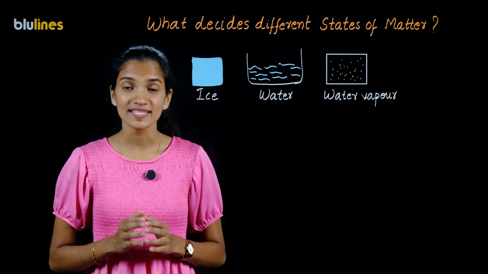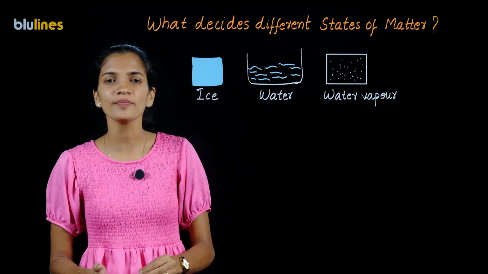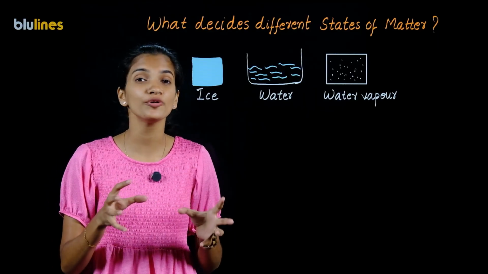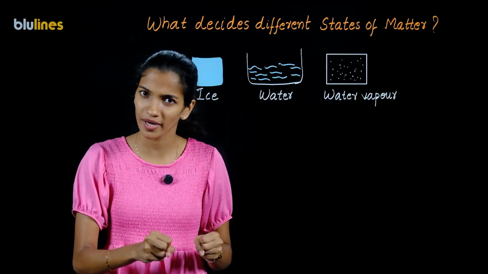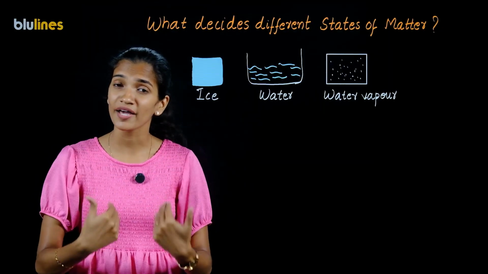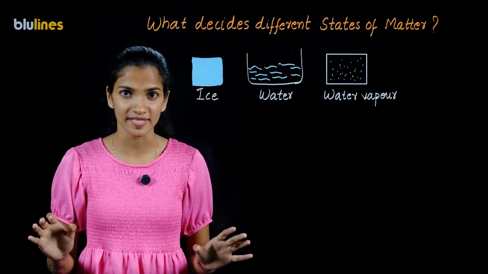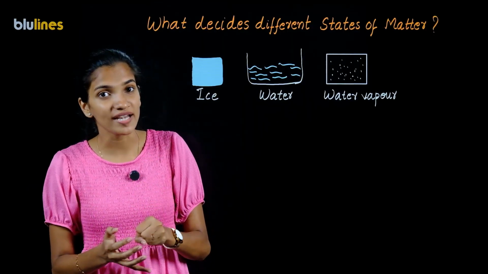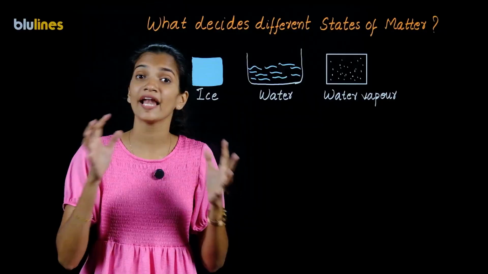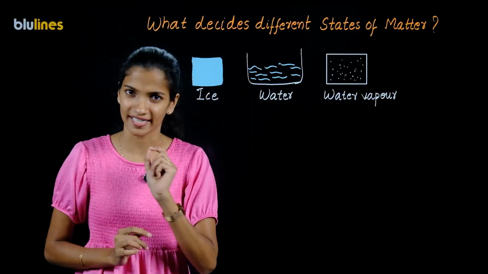Anything that has mass and occupies space is known as matter, and each and every matter is composed of minute particles known as constituent particles. That means, for example, pen, pencil, your body, my body, everything that you see around you is known as matter. And these constituent particles in a matter are held together by a force of attraction known as interparticle attraction.